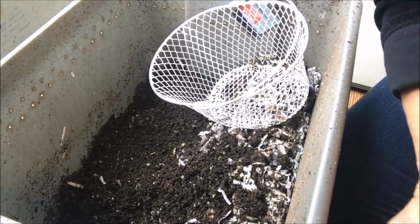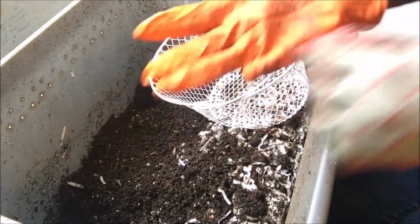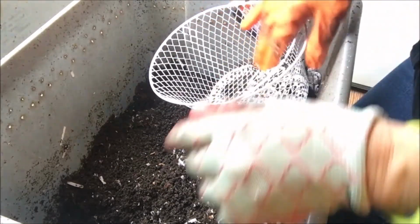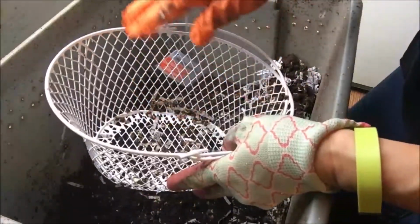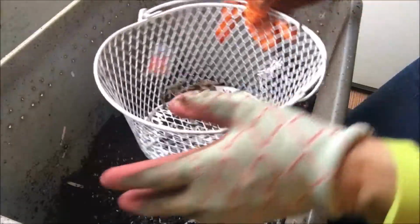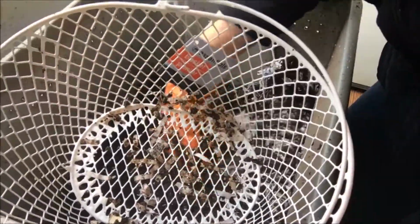Just want to give you an idea of how I'm doing this. I picked up this little basket at the Dollar Tree, and it does have holes that are larger than the trays that I believe Emily and perhaps Lilia use to harvest their castings. So what I decided